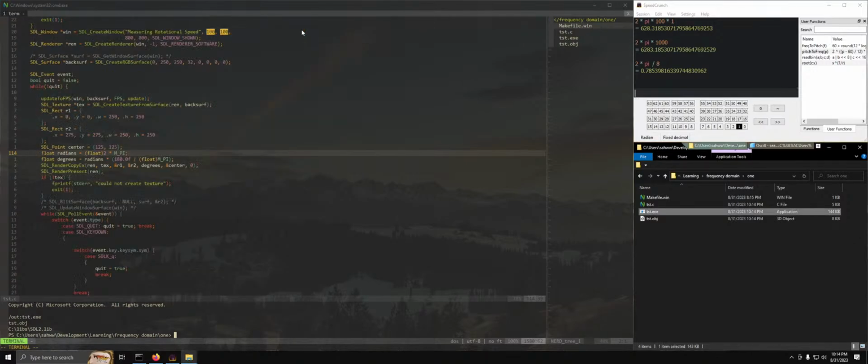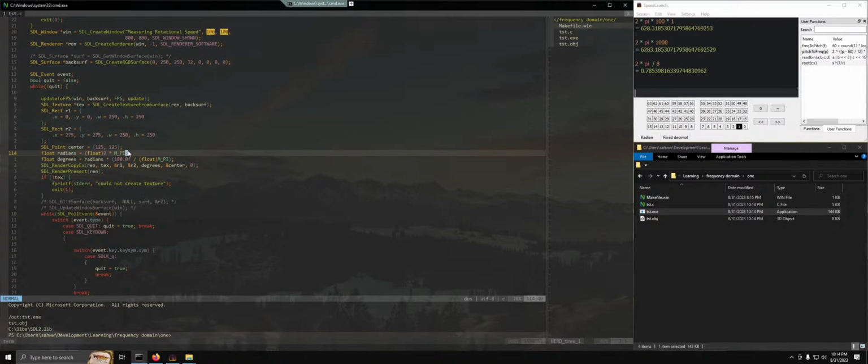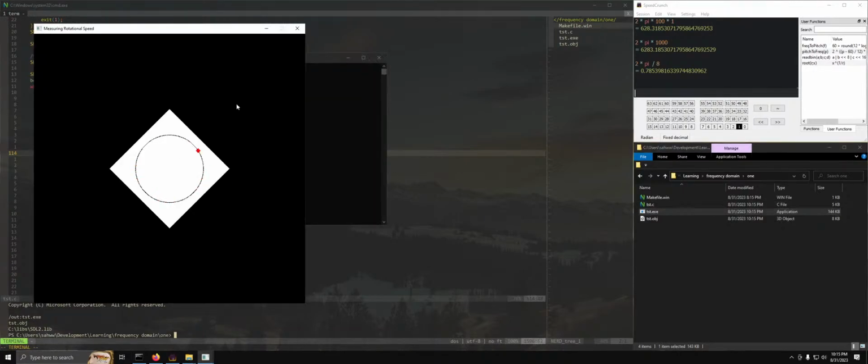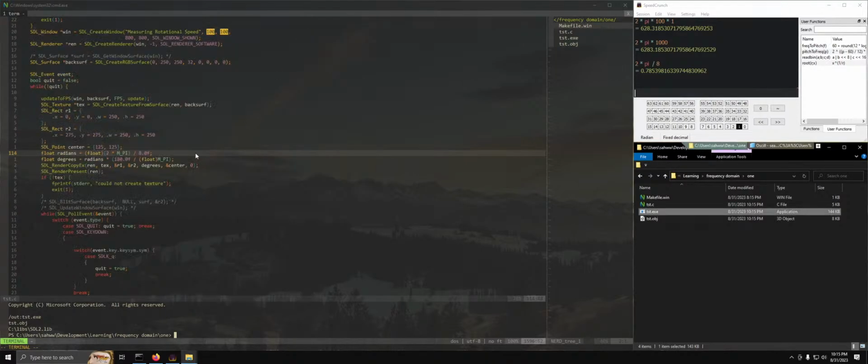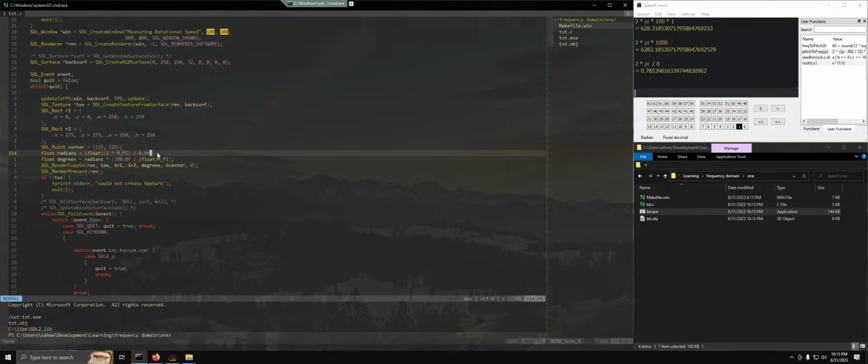Well, I guess it doesn't matter, does it? If I did 2 times pi, 45 is what? 1, 2, an eighth? So if I want 45 degrees, I just divide this by 8. Trying to understand basic math. Now, how are we going to get